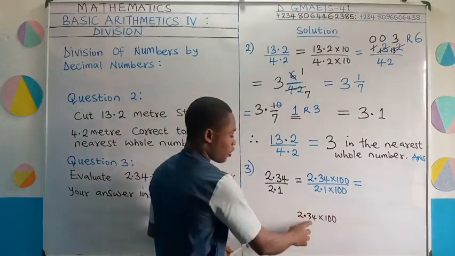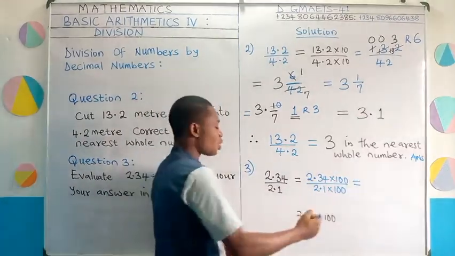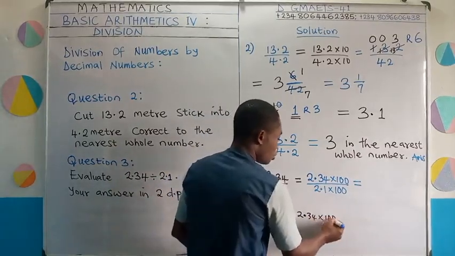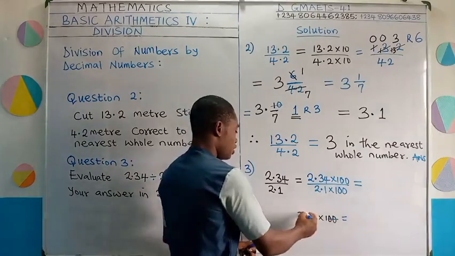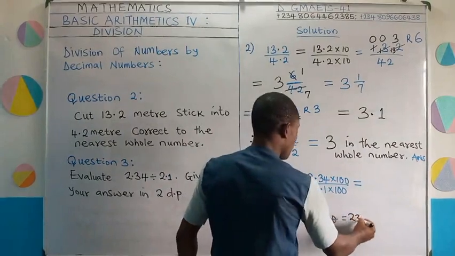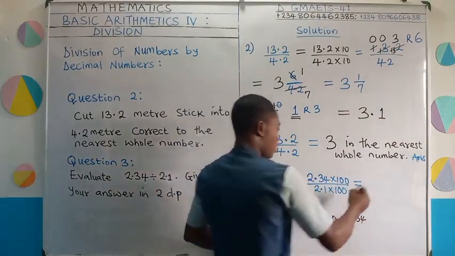Now, this 2.34, how many decimal digits can you see there? There are 2 decimal digits. So because we have 2 decimal digits there, it's going to cancel 2 zeros from this 100. These 2 zeros will be cancelled off. And once that happens, you know that this point will disappear. So this point goes off. Are you following, right? And so our answer will become 234. I'm going to write it here,